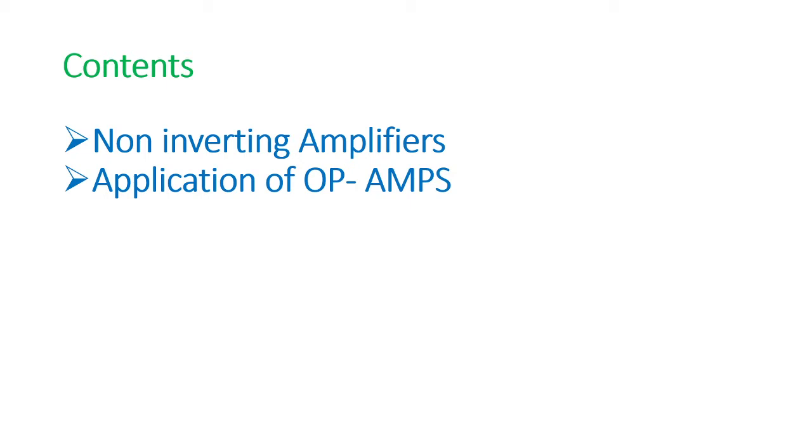We also discussed the four blocks of operational amplifiers. The first block is the first differential amplifier, the second is the differential amplifier, the third block is the DC level shifter, and the fourth is the output stage. Now we also see the symbol of the operational amplifier.